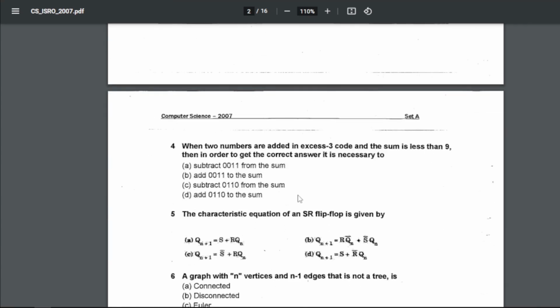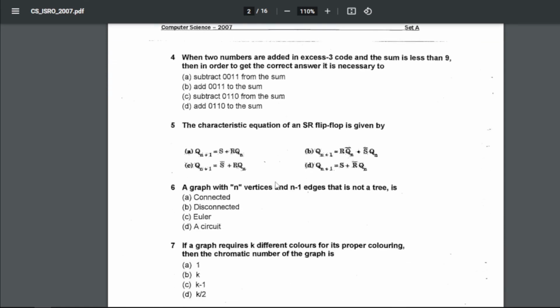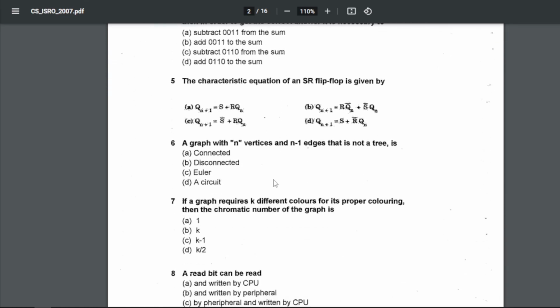Question number 4 is when two numbers are added in XS3 code and the sum is less than 9, then in order to get the correct answer it is necessary to what? So for 4 our answer will be A, that is subtract 0011 from the sum. Question number 5 is the characteristic equation of an SR flip-flop is given by what? So for 5 our answer will be D, that is Qn plus 1 equals to S plus R bar into